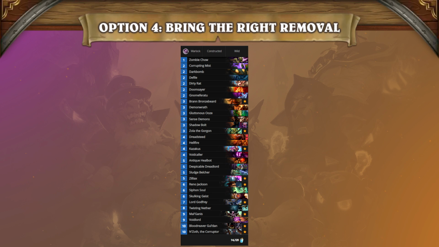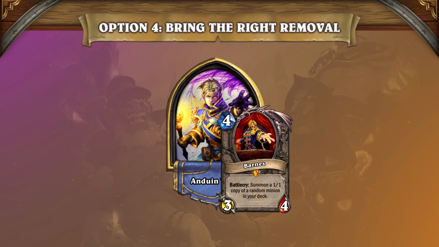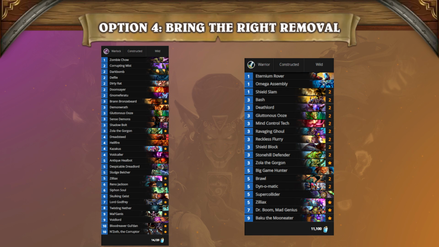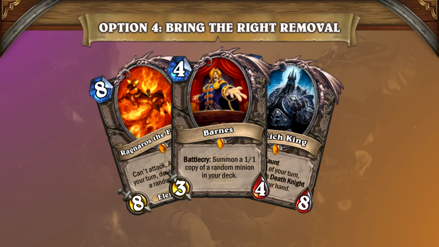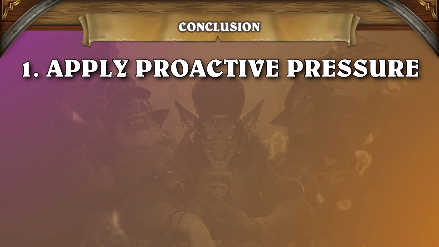Reserve mass removal such as Brawl and Twisting Nether for their large-scale resurrects, and always keep account of how many of those effects remain in the Priest's deck, counting additional copies possible with Shadow Visions. With enough planning and luck, you may be able to outlast the onslaught and fight back against Barnes and his horde. Big Priest is intimidating, but you can exploit its slow and linear game plan by applying proactive pressure, using